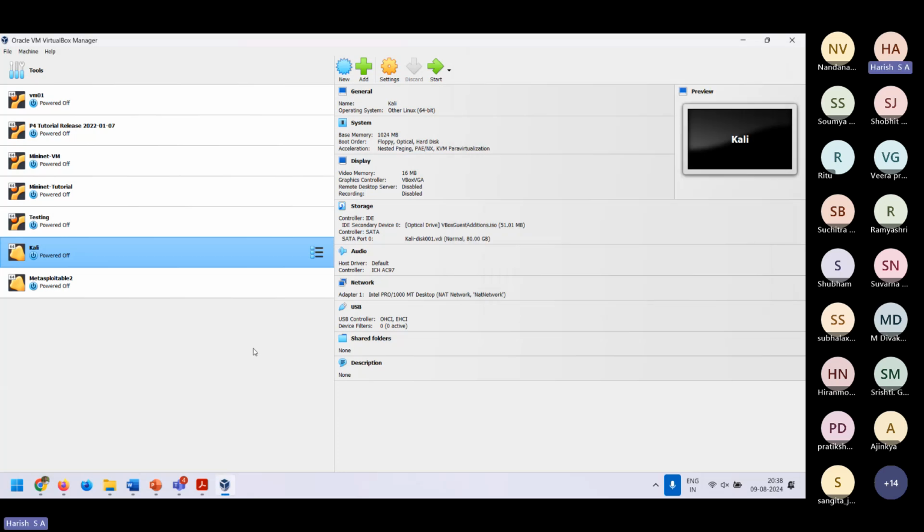So what I've done here is I have opened up something called a virtual machine. I'm not sure if everybody here is aware of what virtual machines mean. It's basically a computer inside a computer.